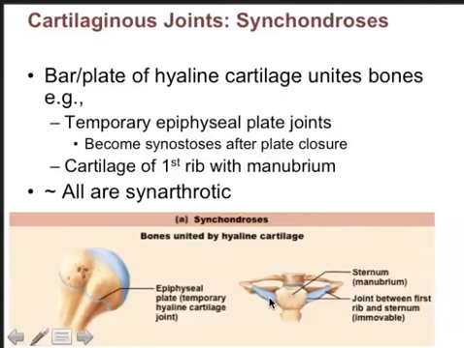no movement. And in point of fact, if you look at the articulation of the ribs with the sternum as you move down from the first rib all the way down through the rest of the true ribs and then into the false ribs, what you see are connections of cartilage between the medial anterior ends of the rib and the sternum, and it's the slight degree of movement that allows us to expand and contract the chest cavity as